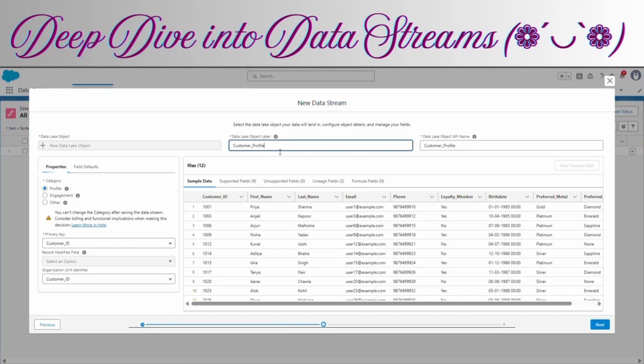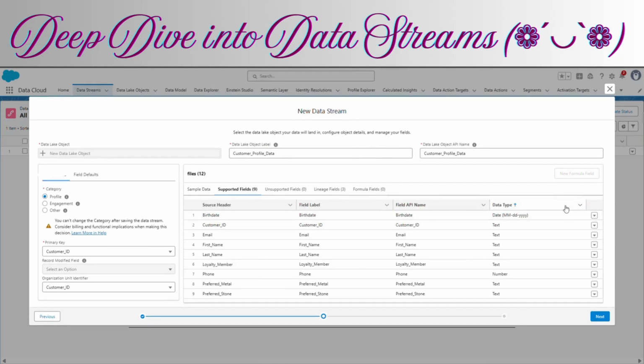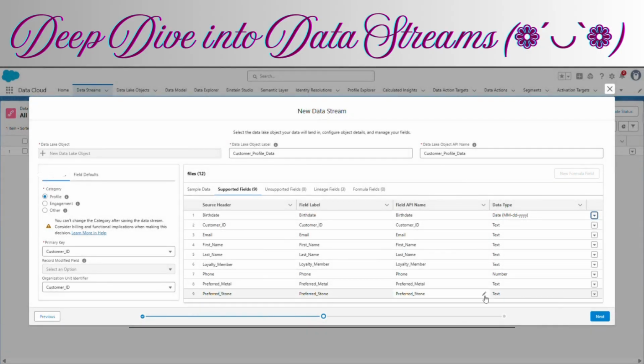Okay, so now whenever you are uploading your files, you can see the whole deployment process. Now we have one more thing, the refresh modes. Once the data stream is deployed, Salesforce automatically uses incremental refresh mode, meaning it only ingests new or changed records on each subsequent upload. You can see this in the stream's refresh history.